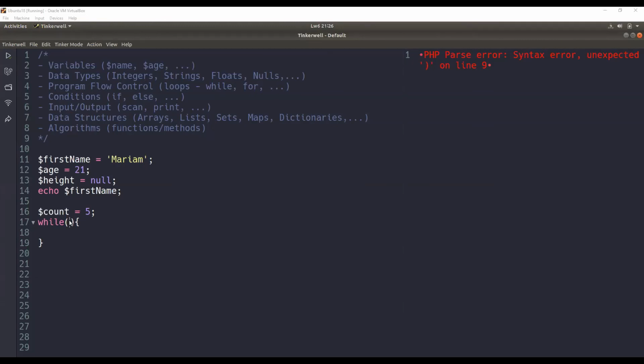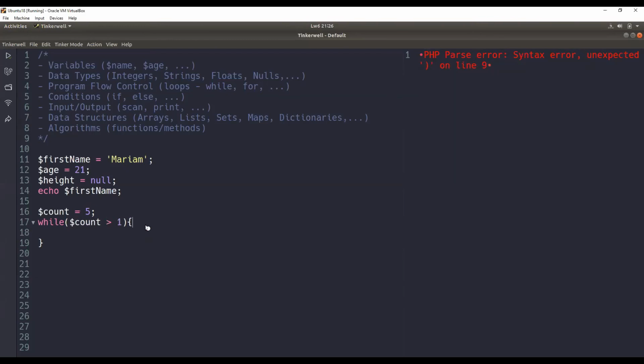Parentheses. Yes. So inside the brackets, you write the condition. So we say while count, this count here that we gave a value of 5, while count is greater than 1.